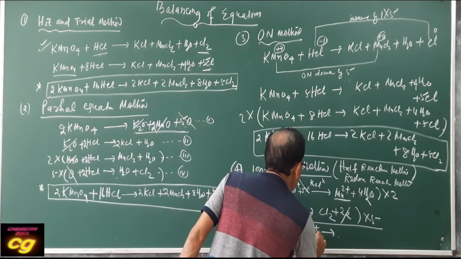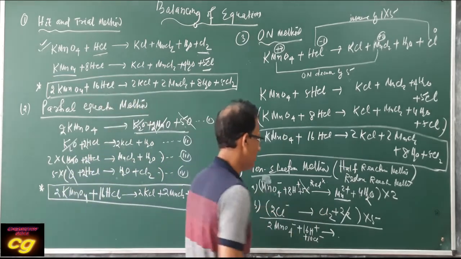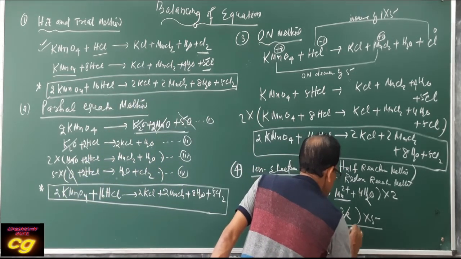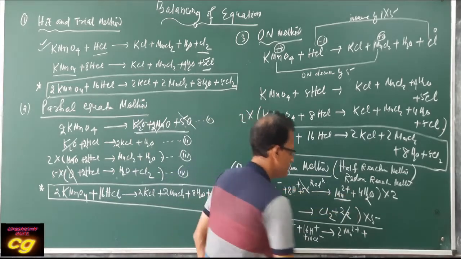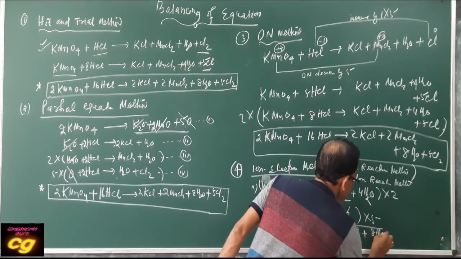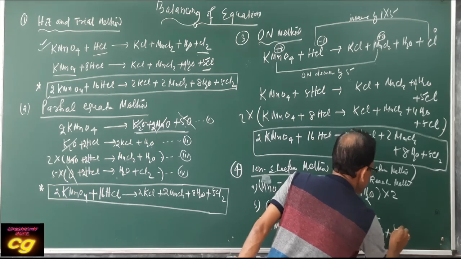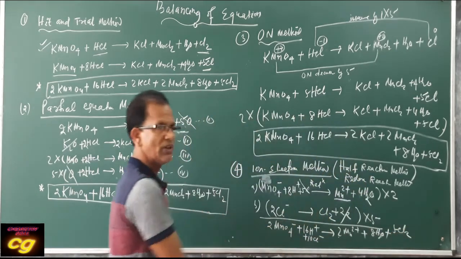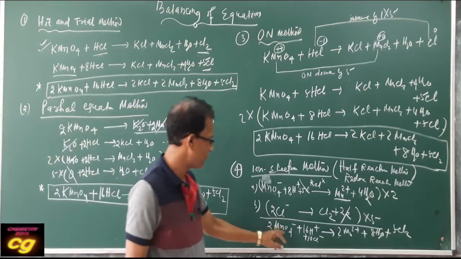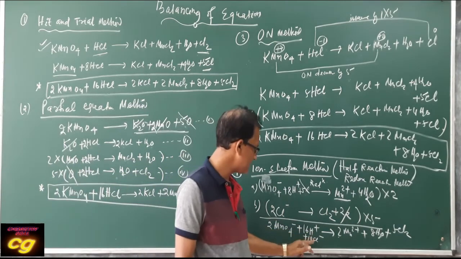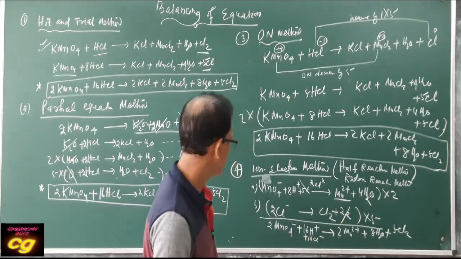On the product side, 2 Mn2 plus, 8 H2O, and 5 Cl2. You see, this is the actual change that takes place in the reaction. So 2 MnO4 minus, 16H plus, and here